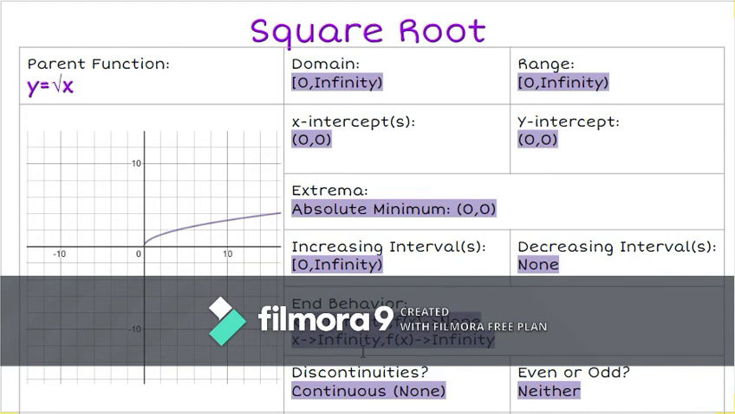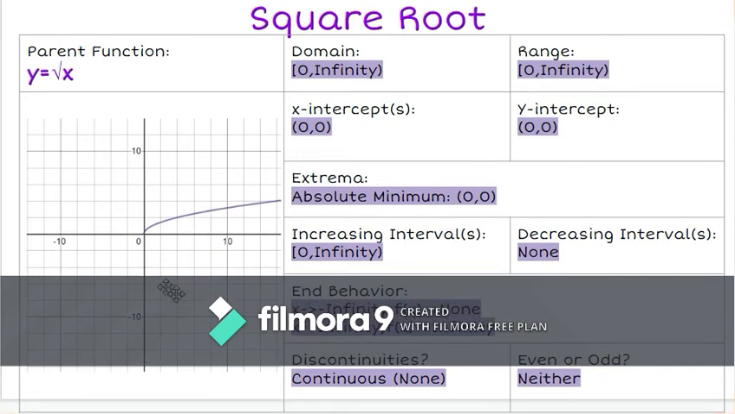And then if we look at infinity on the right side of the graph, we see that it is going upwards to infinity. And then there are no discontinuities. If it were to go here and then jump or something, that would be a discontinuity. But as there are no breaks in the line, as we can see here, there are no discontinuities, so it